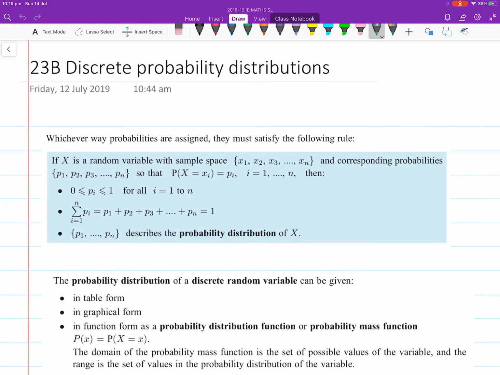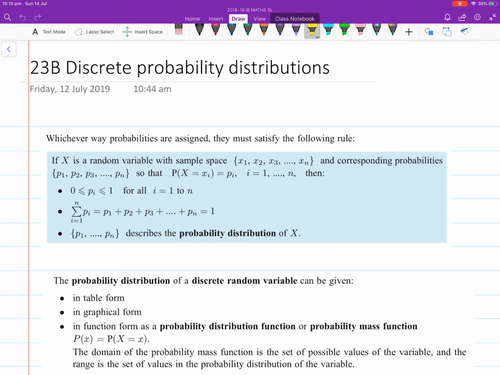Okay, year 12. This one is 23B, discrete probability distributions. Okay, let's go through some notation. This is actually stuff you've seen before. It's just written differently. So you just got to get used to being confident with the notation, okay, and what